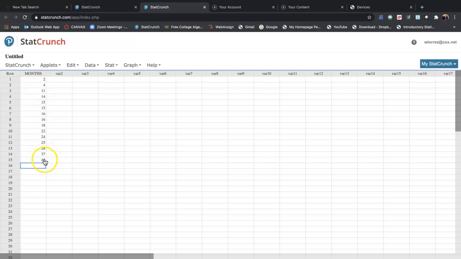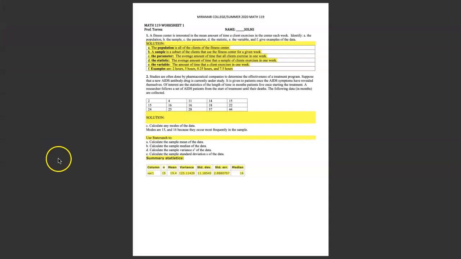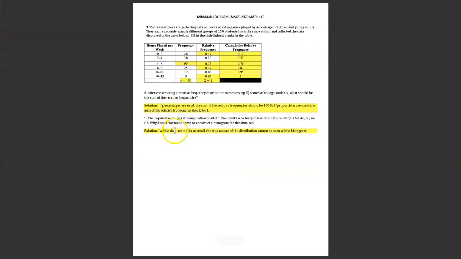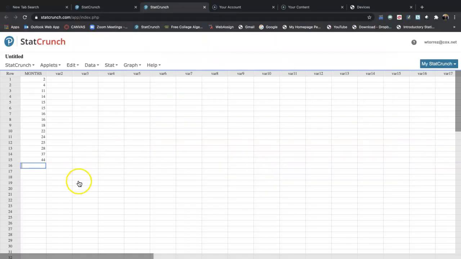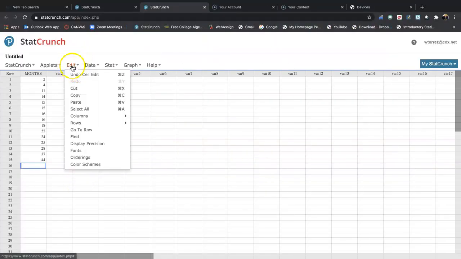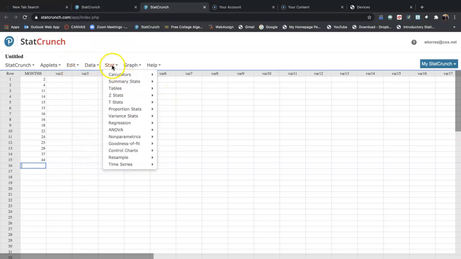All right, let's look at this list to make sure I've got all the data. I've got the 15 data values here, okay? And I do a quick glance at my worksheet, and I see that I have all of the data there, okay? Okay, so here's the 15 data values that I've input into StatCrunch,